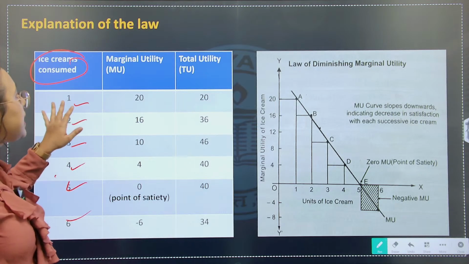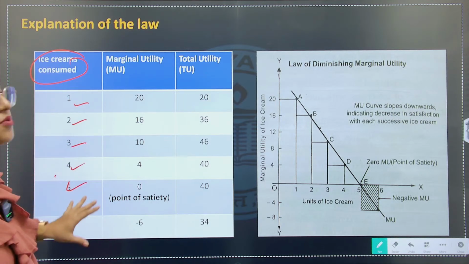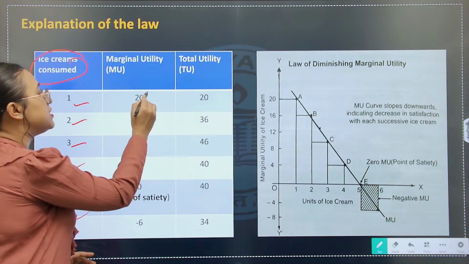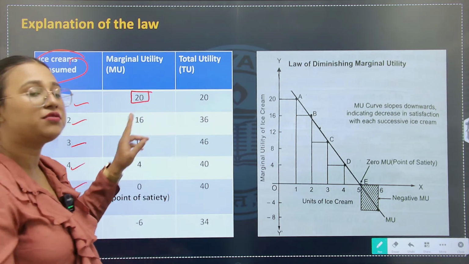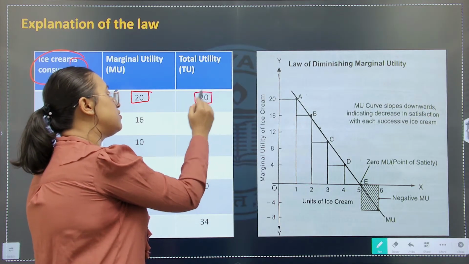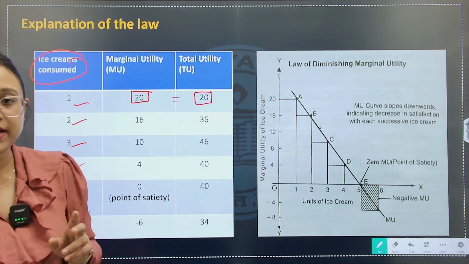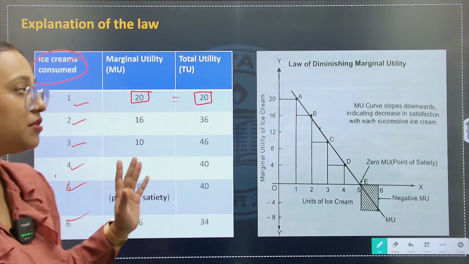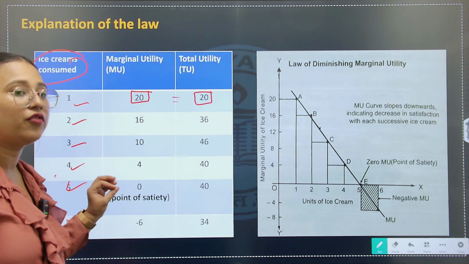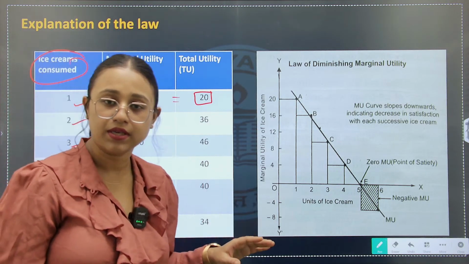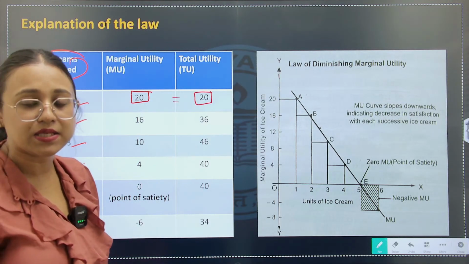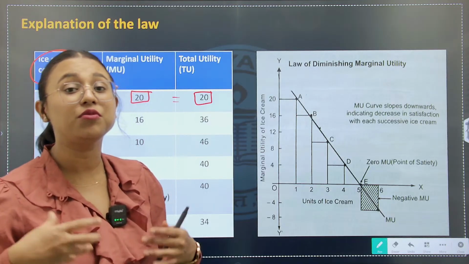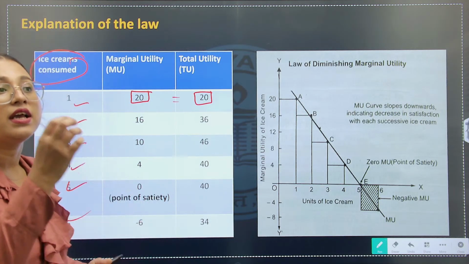So first যেতিয়া আমি first unit of ice cream consume কৰি আছোঁ, তাৰ পৰা আমি marginal utility কিমান পাই আছোঁ, 20. So first unit ত marginal utility আৰু total utility same ই হয়, ঠিক আছে. Marginal utility আৰু total utility first unit of good ৰ consumption ত same ই হয়, ঠিক আছে. Next যেতিয়া আমি, বহুত গৰম লাগিছে, মই যেনেকৈ explain কৰিলোঁ, first ice cream টো খোৱাৰ লগে লগে you get maximum satisfaction, but with